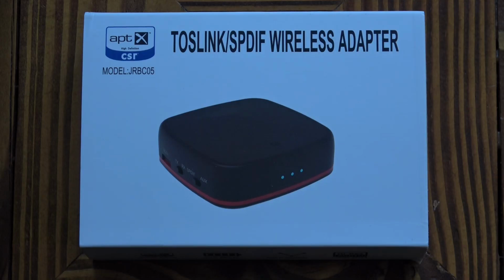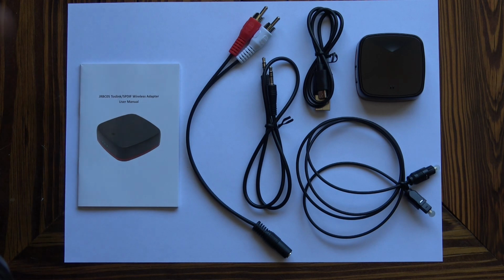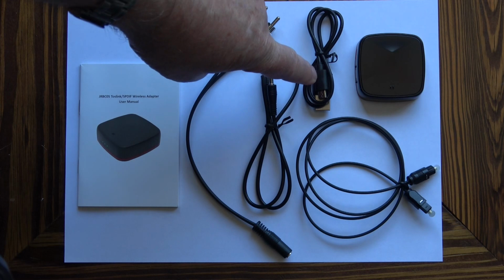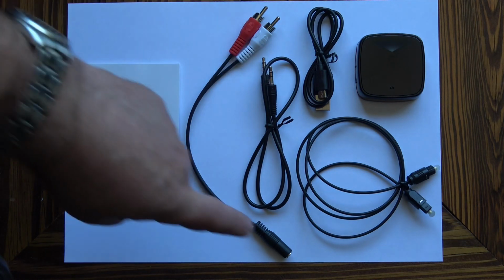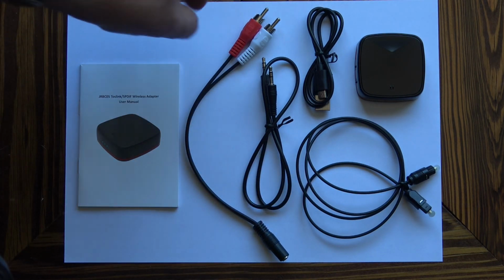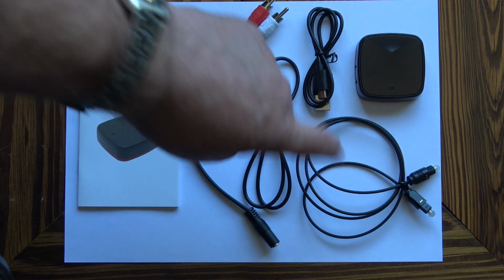This is just a quick look at the packaging. It's neatly packaged. And that's just a quick look at the specifications. And then inside the box we've got the transmitter and receiver unit itself, a USB to micro USB charging cable, an audio cable 3.5mm to 3.5mm male. This is a 3.5mm female to RCA, an SPDIF or Toslink cable, which is basically optical sound, and a set